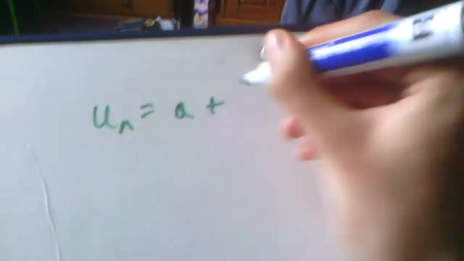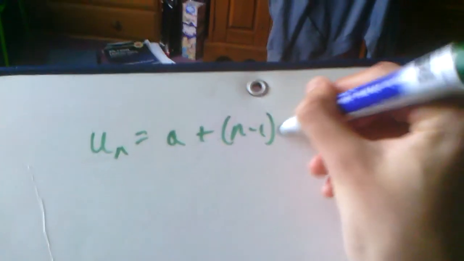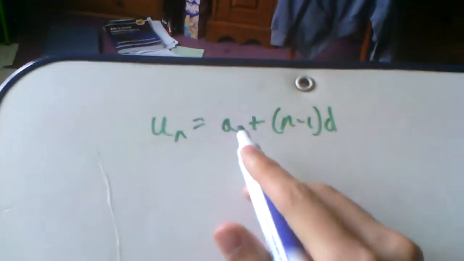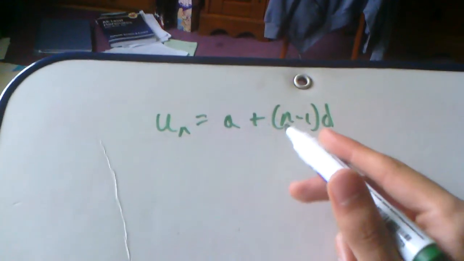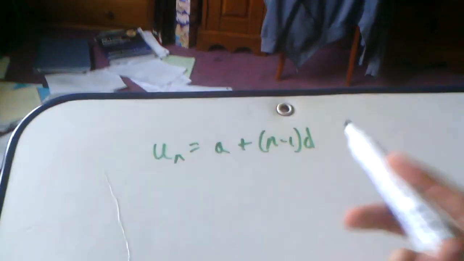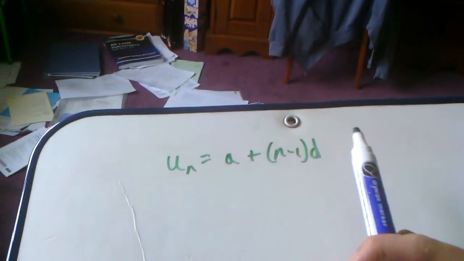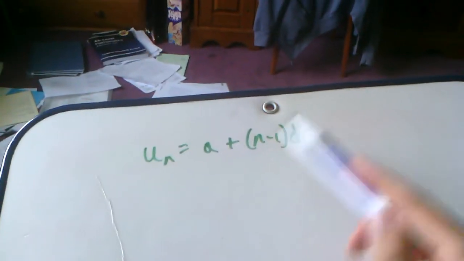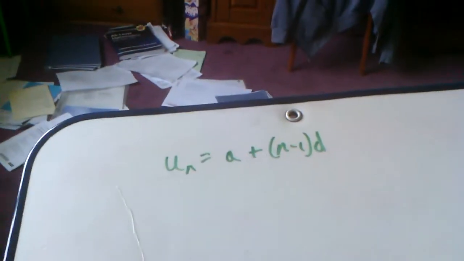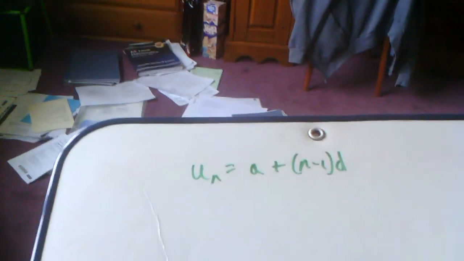It's just plugging numbers into an equation, and we can see in our formula book that the nth term of a series is given by a plus n minus 1 d, where a is the first term of the series, n is the number of terms, the term, right, the 5th term, 6th term, blah blah blah, and d is the common difference. So by plugging these numbers in, we can get